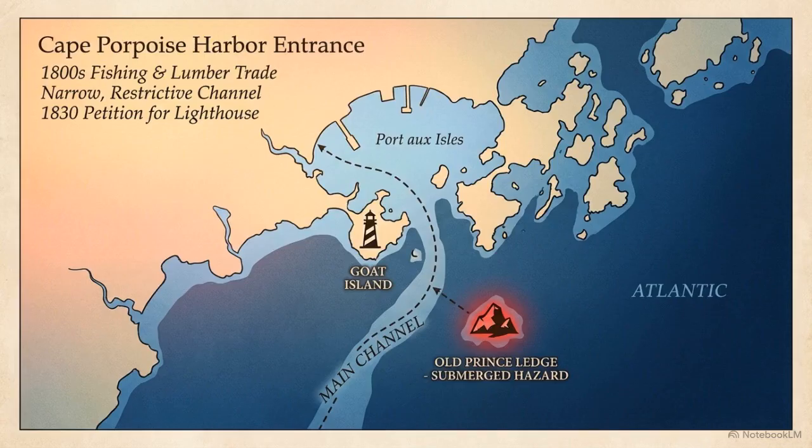In the 1800s, the local fishing and lumber trades relied heavily on this waterway, but to reach the safety of the harbor, vessels had to navigate an incredibly narrow, restrictive main channel. Right here, southeast of Goat Island, lies a submerged, lethal hazard known as the Old Prince Ledge. The constant danger of navigating past this rock drove local merchants and shipbuilders to petition Congress for a lighthouse in